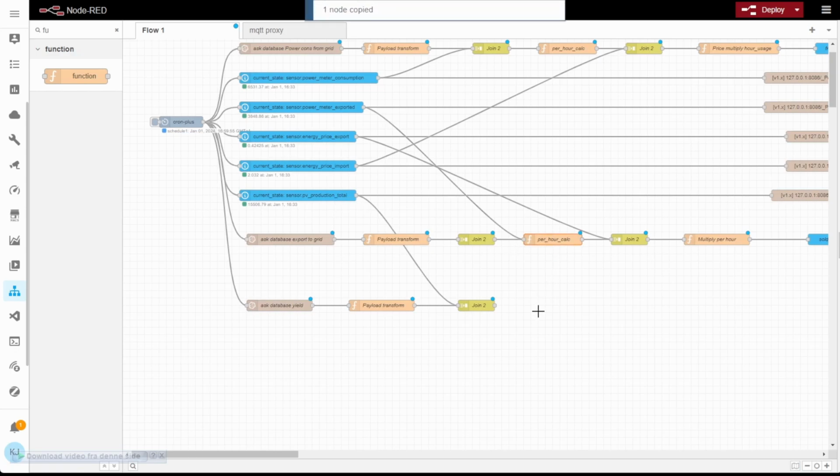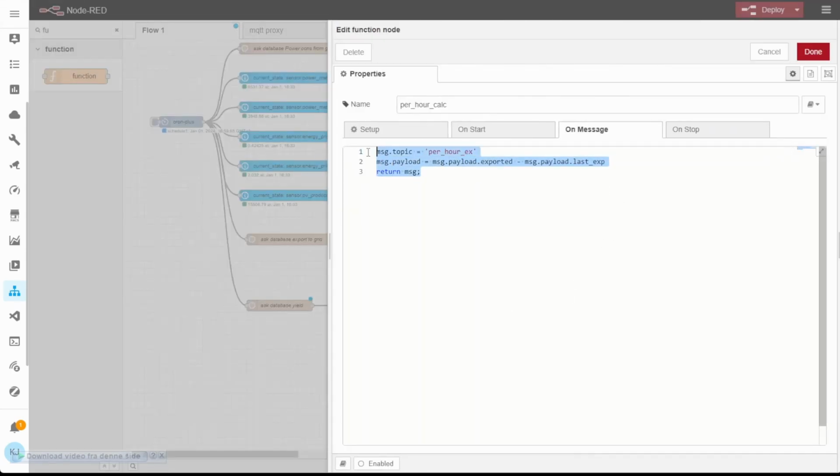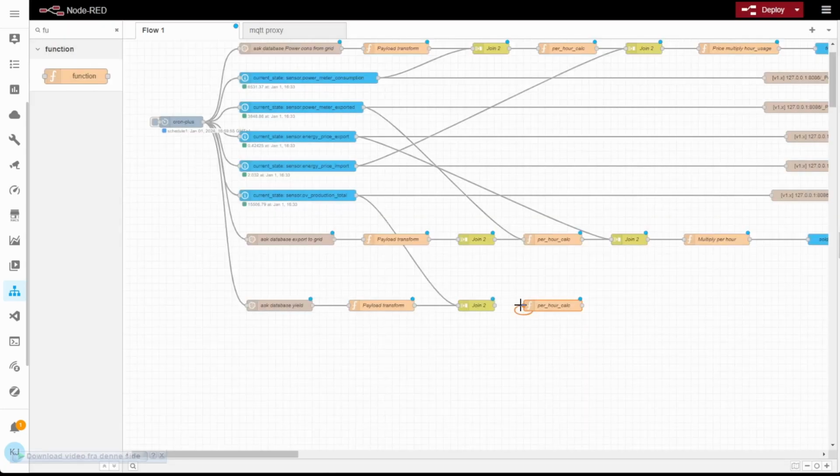So we're going to calculate it per hour, and this one actually we need to change it a little bit, or we have current consumption minus last consumption inside. And now it will be a little bit more complicated, because when we just multiply this value with a